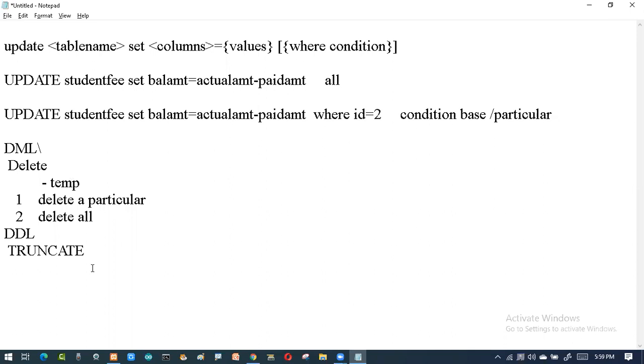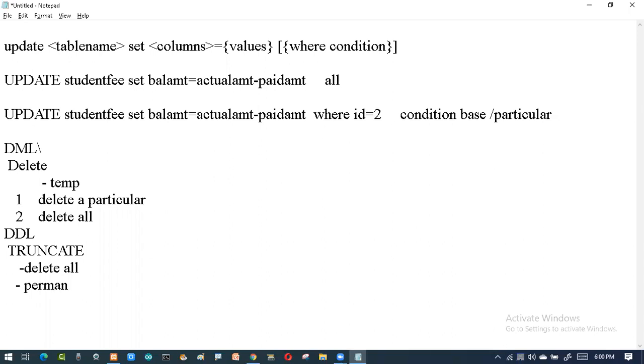Now coming to the truncate, delete all. See the difference here. When I'm saying delete command, it can delete a particular record, or it can delete all the records. Here it will delete all the records. Then what is another difference? It is permanent.